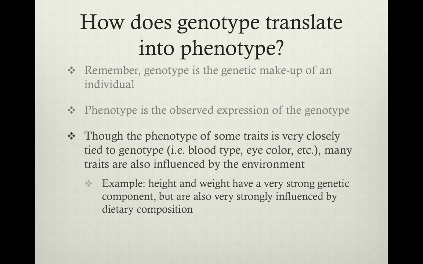There have been some studies of identical twins that were reared in separate environments. So they were adopted, and one was raised in a wealthy family, one was raised in a poor family. And what you find is that the identical twin that's raised in a poor family has smaller overall stature. So your exposure to appropriate calories growing up while you are growing your adult body height can have a marked effect on your overall achieved adult body height.